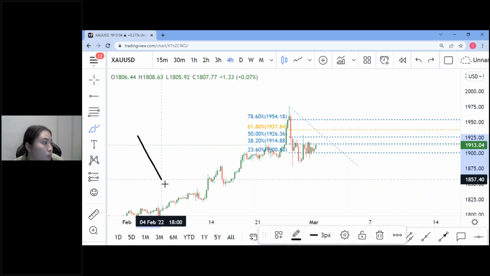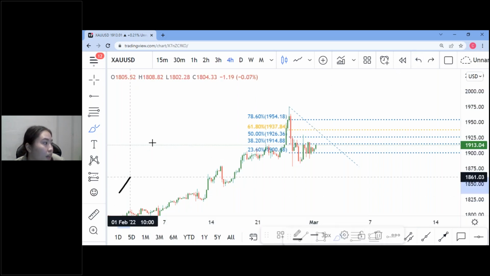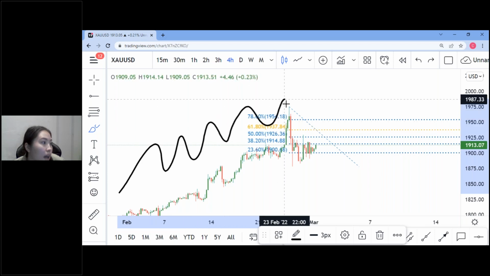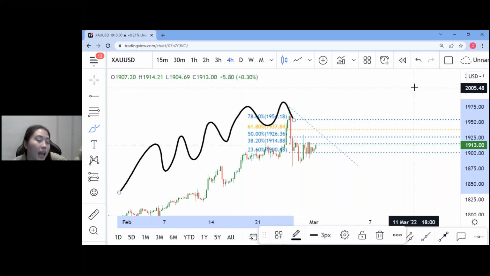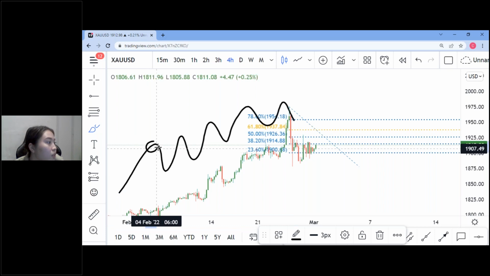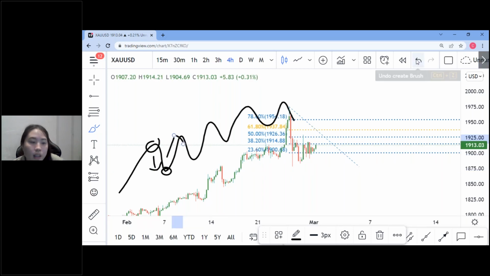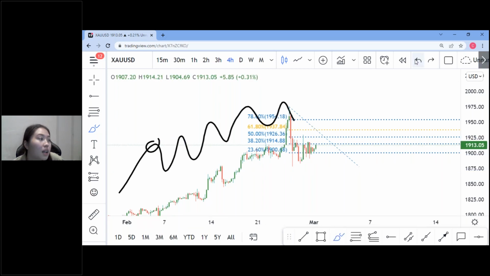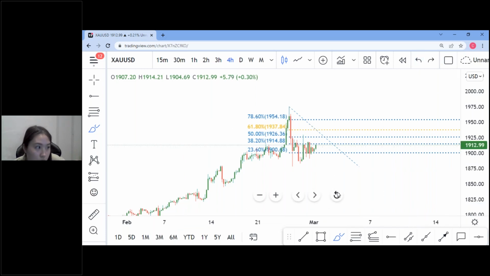Price doesn't just move in one straight line. Price does a lot of reversals. As a trader, your job is being able to identify the reversals, because when you are able to identify the reversals, you will be able to enter for a sell here or a buy here, and that's where you make your profit in trading. Your ability to identify reversals and breakouts is where you make money in trading.